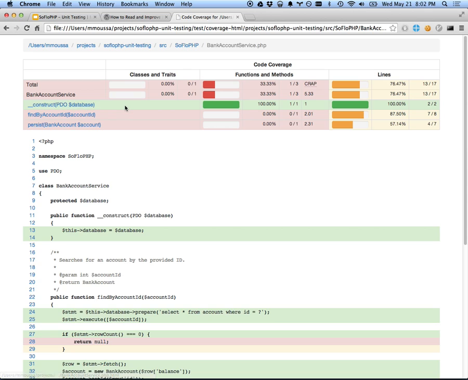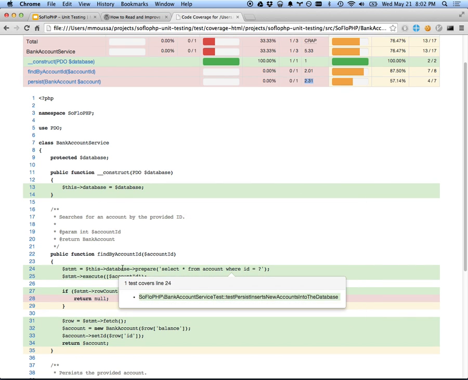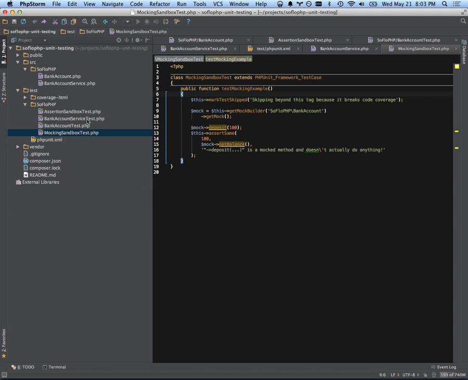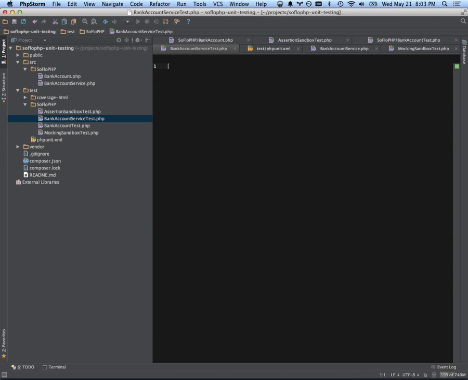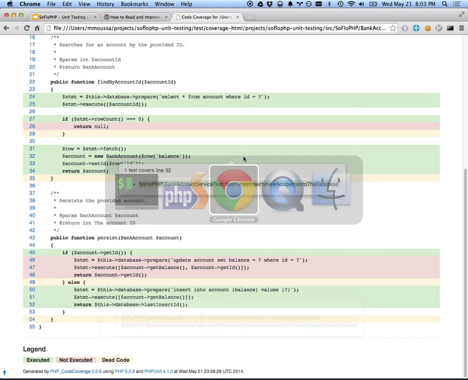It's based on the cyclomatic complexity, and the reference to that is on this site as well. So here, constructor again, simple, but the persist method's a little more complicated. It gets a 2.31 because we've got one test here. If I were to remove the tests, run the test suite again, and come back here,